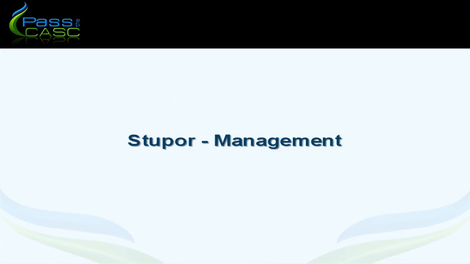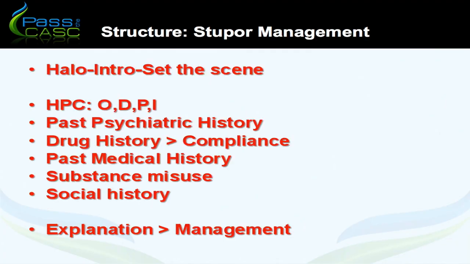So let's just have a look at how this particular station was structured. After introducing ourselves and setting the scene, we would then need to go on to starting to take the collateral history. So looking at the onset, when these symptoms started, identifying that these were actually a recurrence in depressive symptoms, then asking, has anything happened recently that could have triggered this current episode? And that's when we start to get some of the information as to the potential triggers.